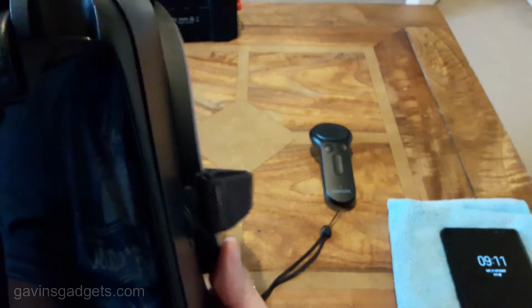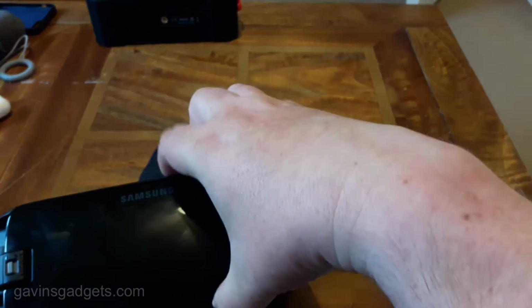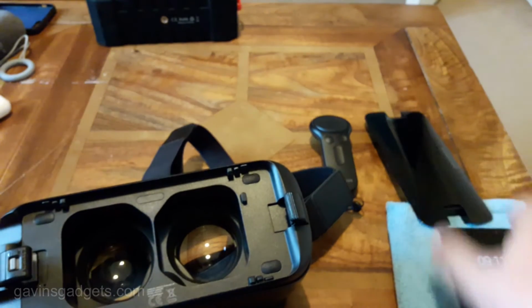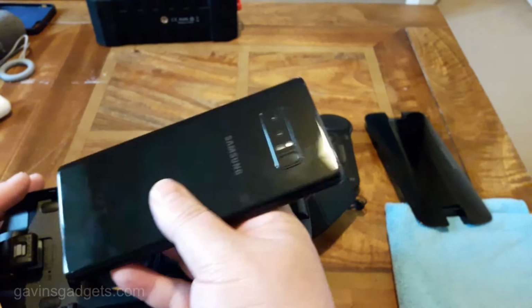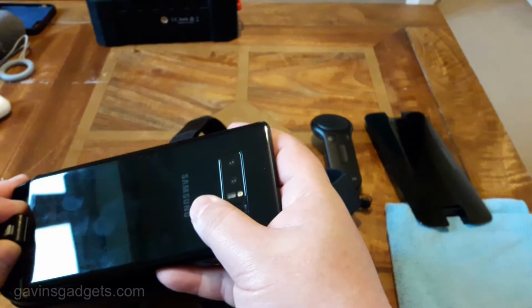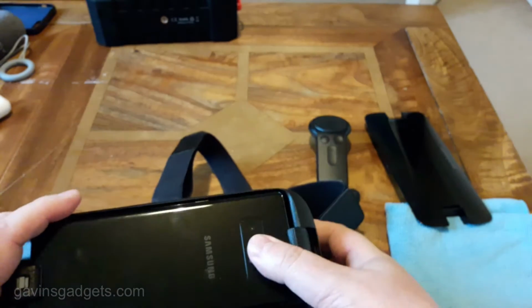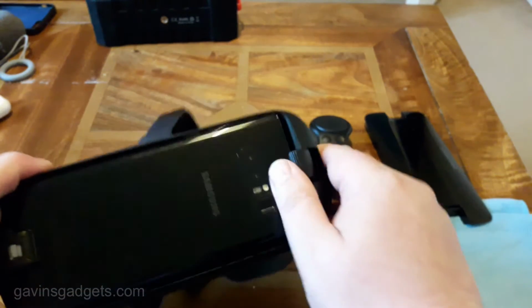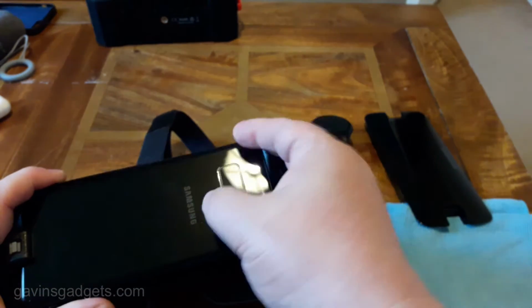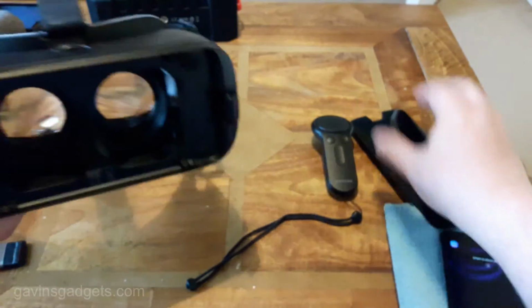Turn this around this way. Very, very simply, when you use this, that comes off like so, and you then take your phone here. This is the Note 8, and that end, literally, I'll just show you, goes in like so. So your phone is connected, and that's how it all works, and then fires up. And you would put that into full Quad HD mode. Right, that's a very quick look at the